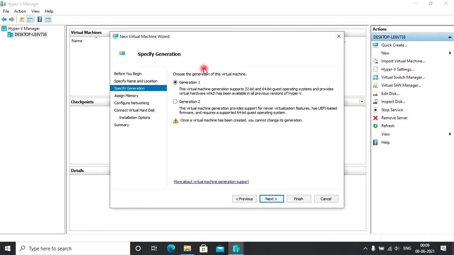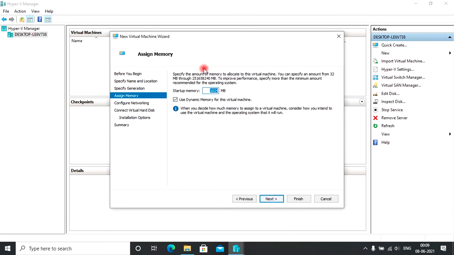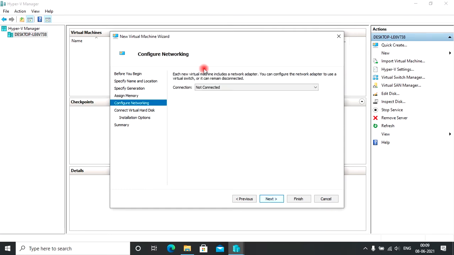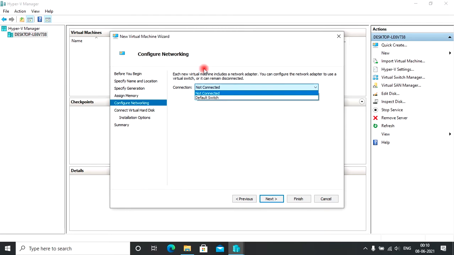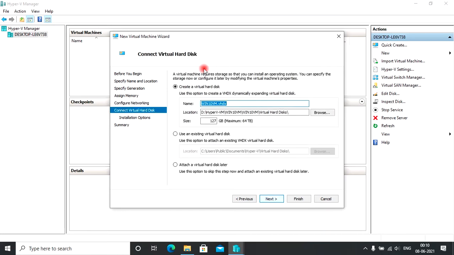Next, generation 2. Next, startup memory, I will select 1024 MB. Here in the drop down, I will select default switch. Next, disk size, I will give here 30 GB for the virtual machine.